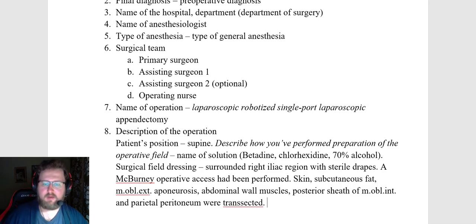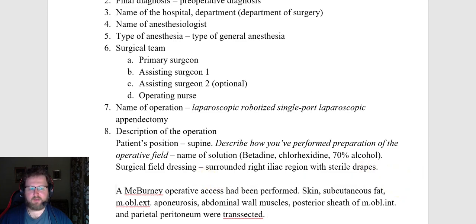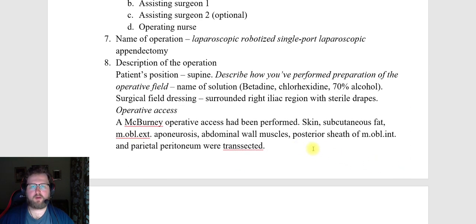But anyway, this is the description of the operative access. So let's name that part. Next, after we've entered